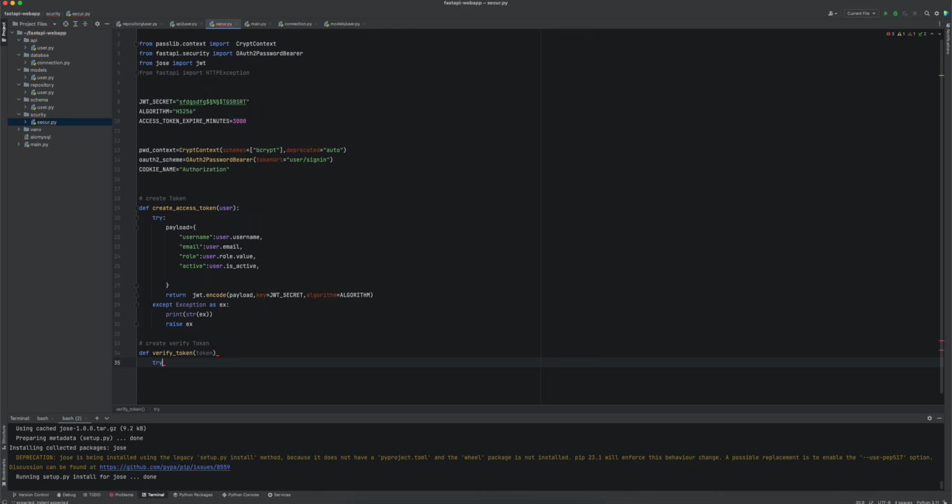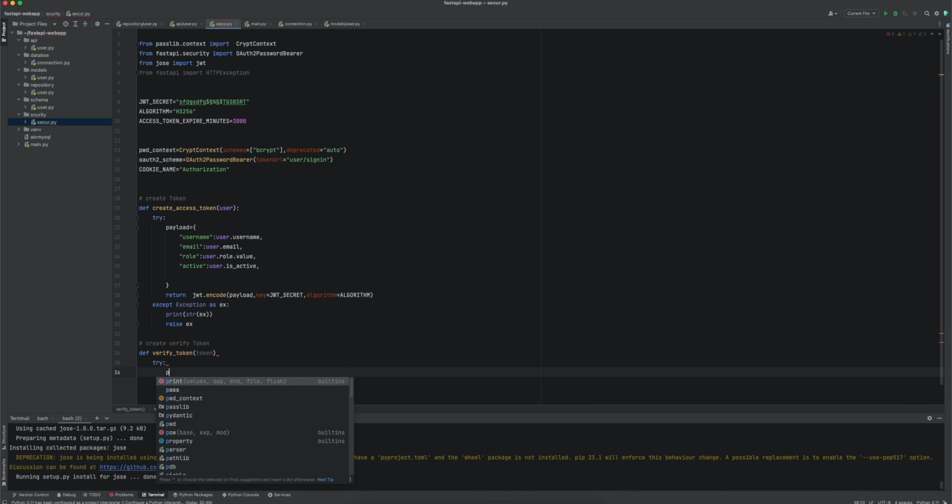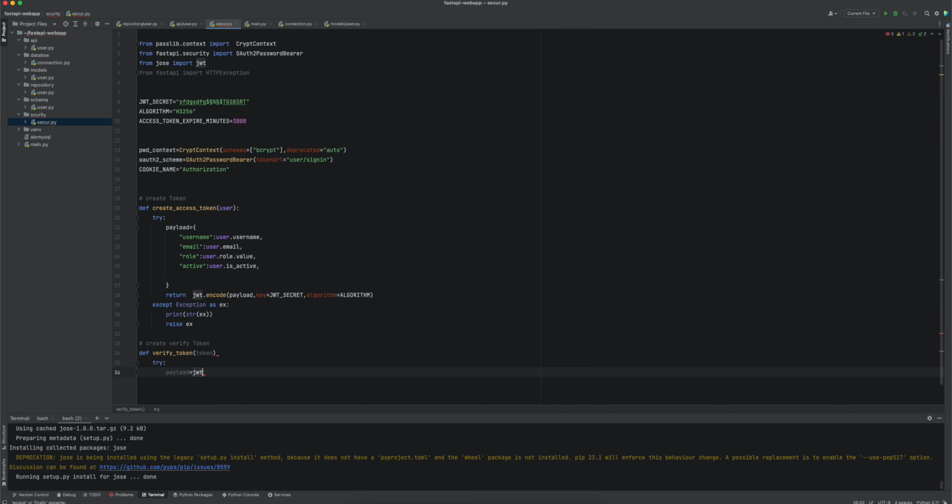Now it's time to verify the token just by creating a variable for JWT.decode of our token, because here from encode we have created the token. Now it's time to decode and open our token,